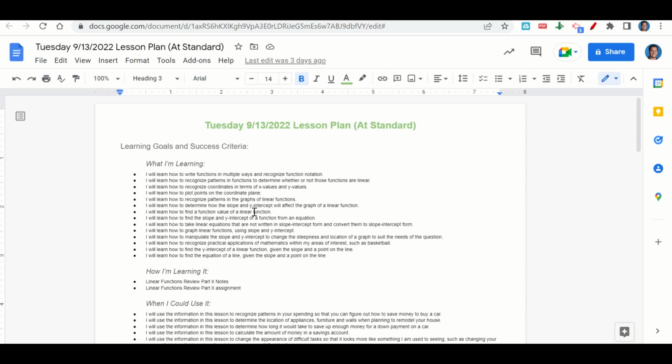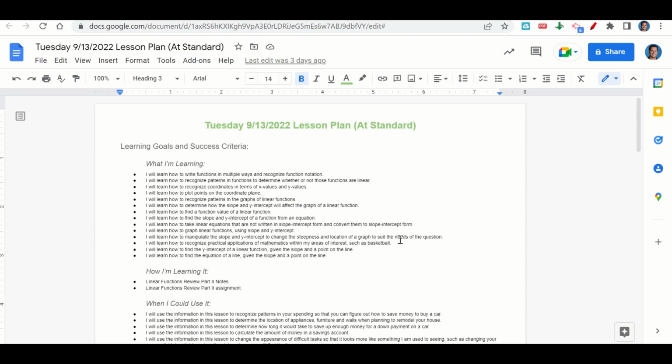of linear functions, how to find the slope and y-intercept of a function from an equation, how to take linear equations that are not written in slope-intercept form and convert them to slope-intercept form, how to graph linear functions using slope and y-intercept, how to manipulate the slope and y-intercept to change the steepness and location of a graph to